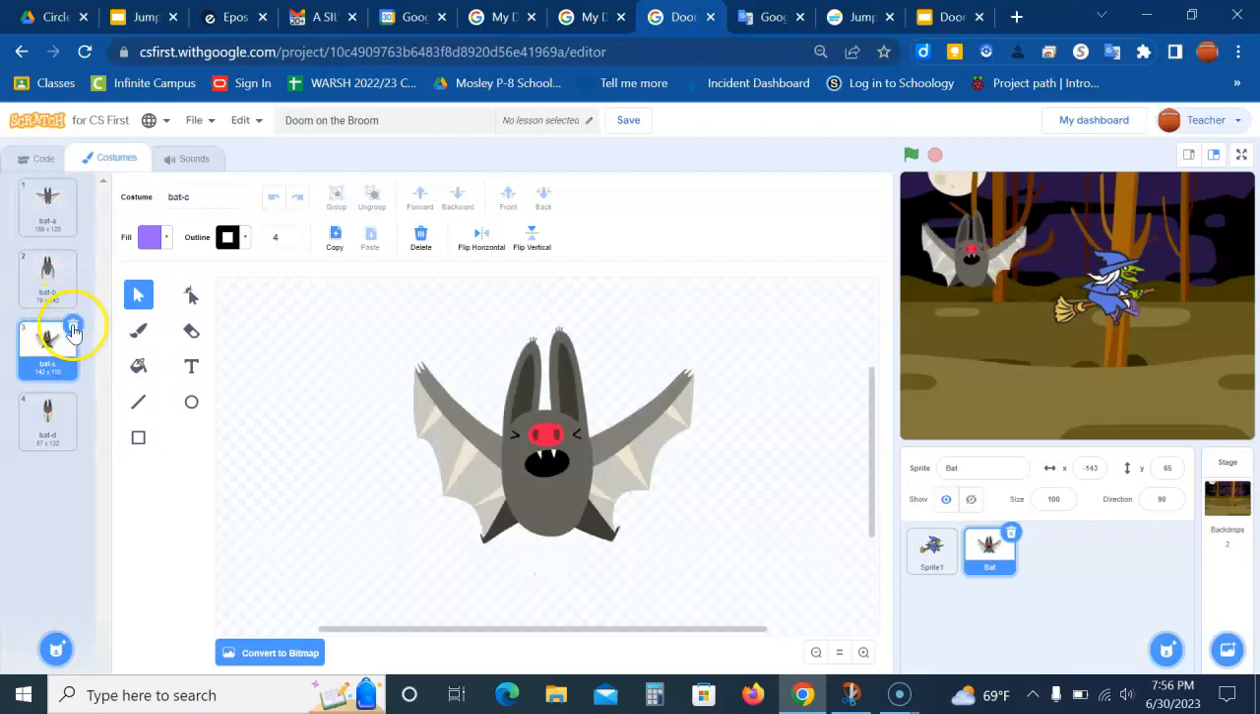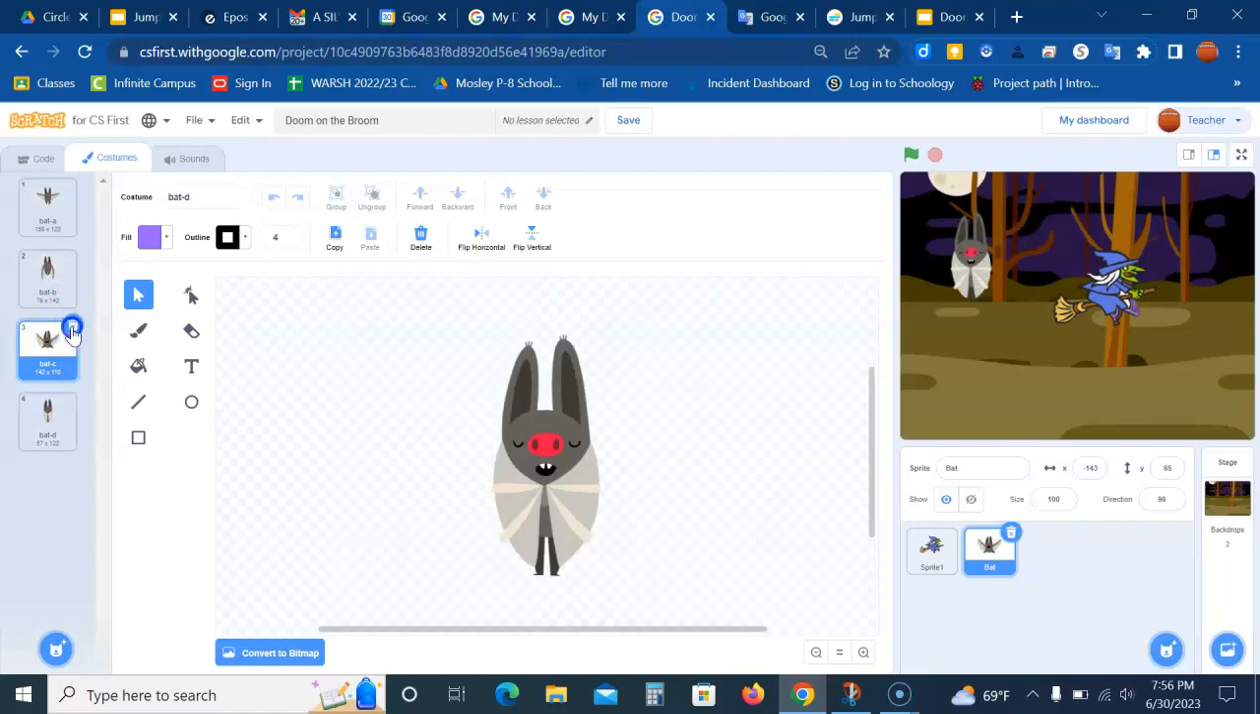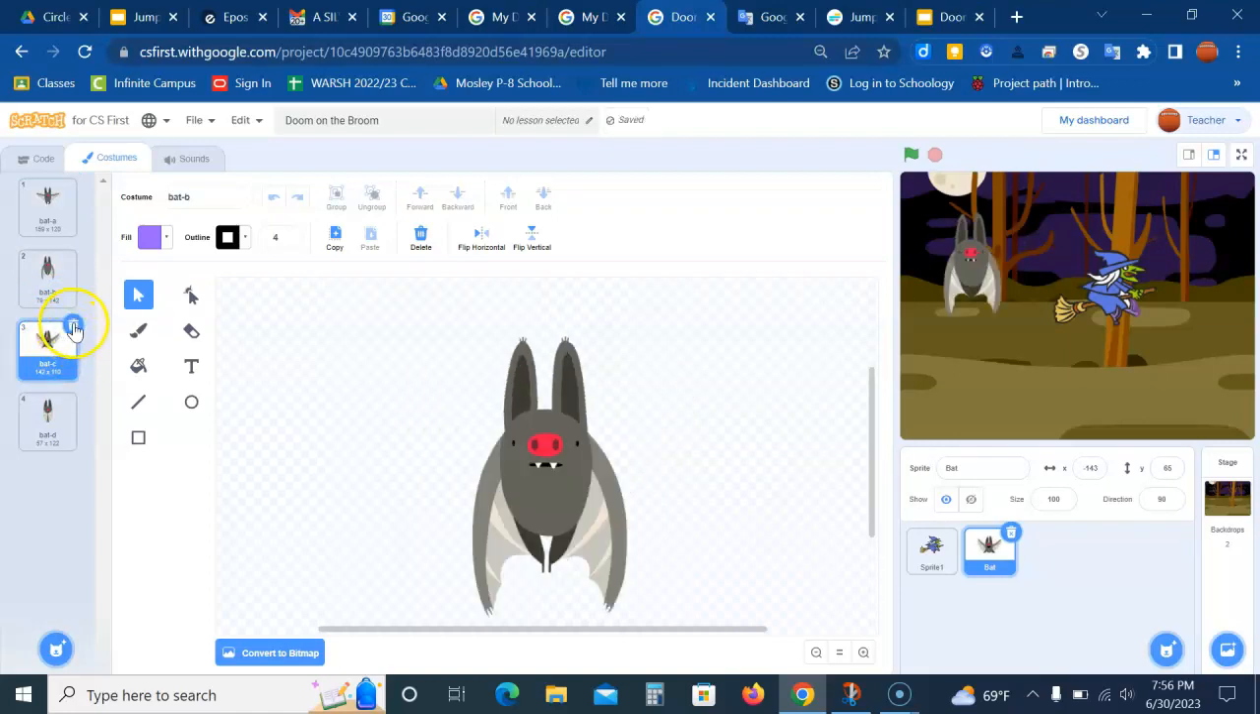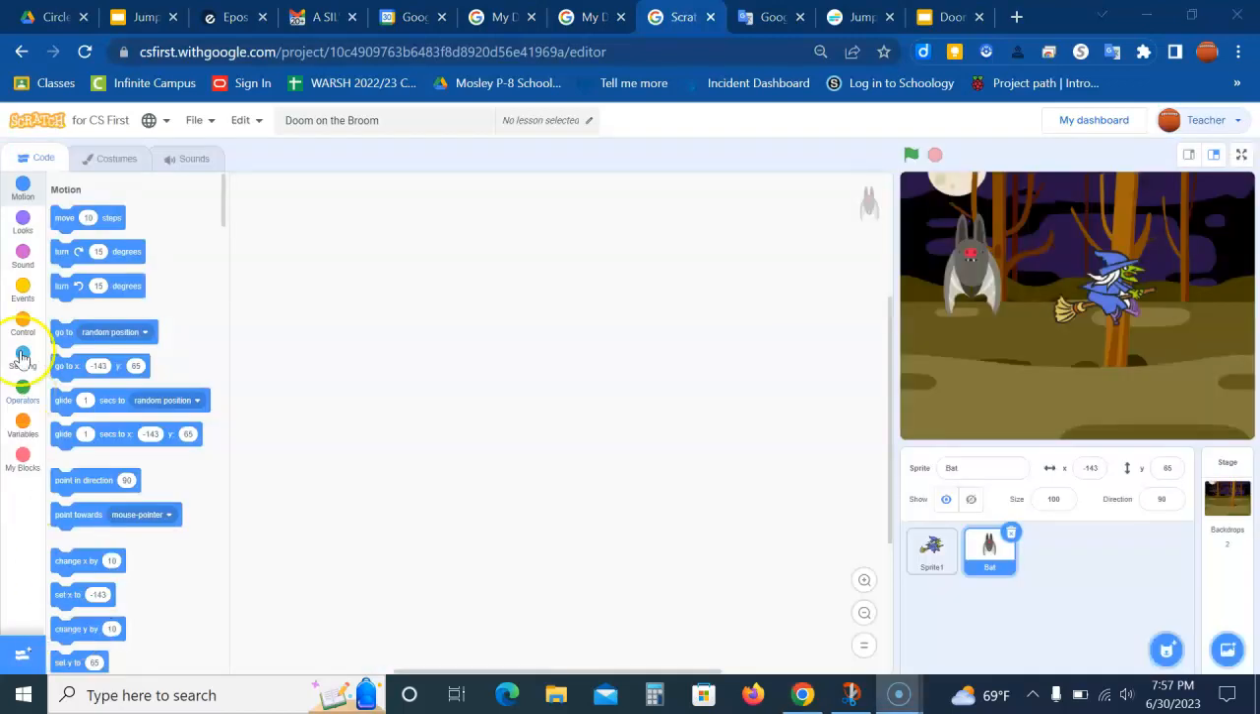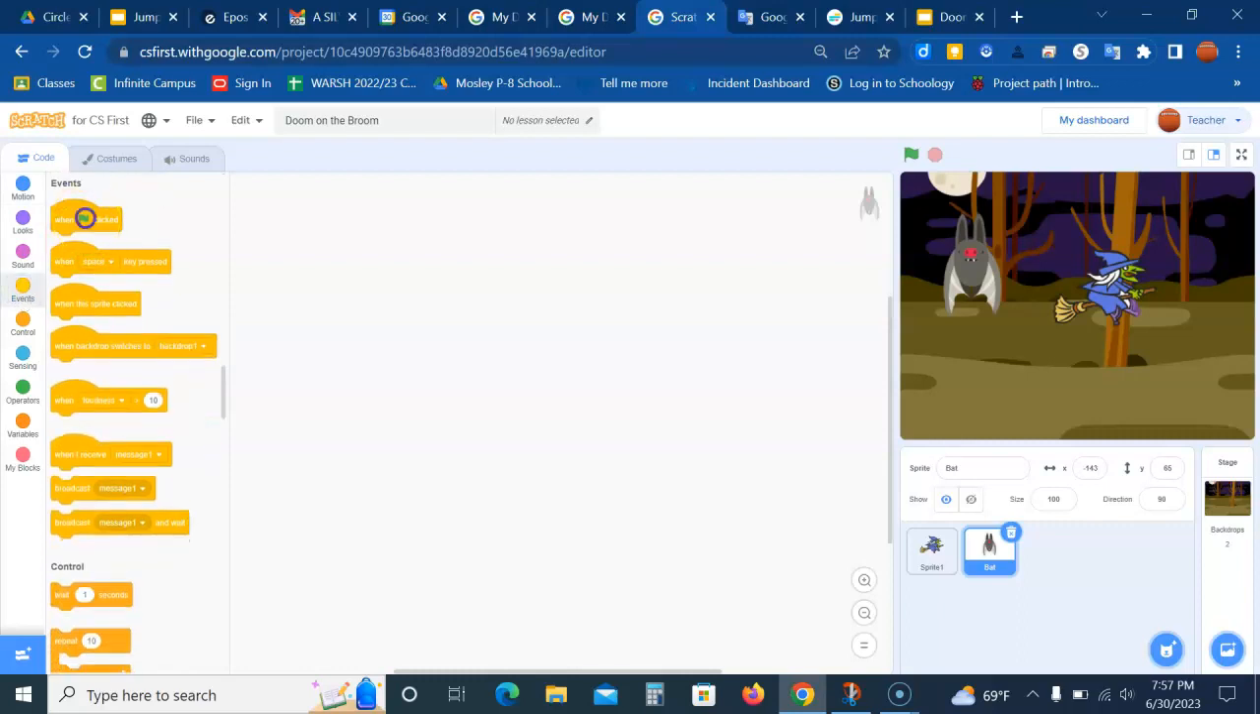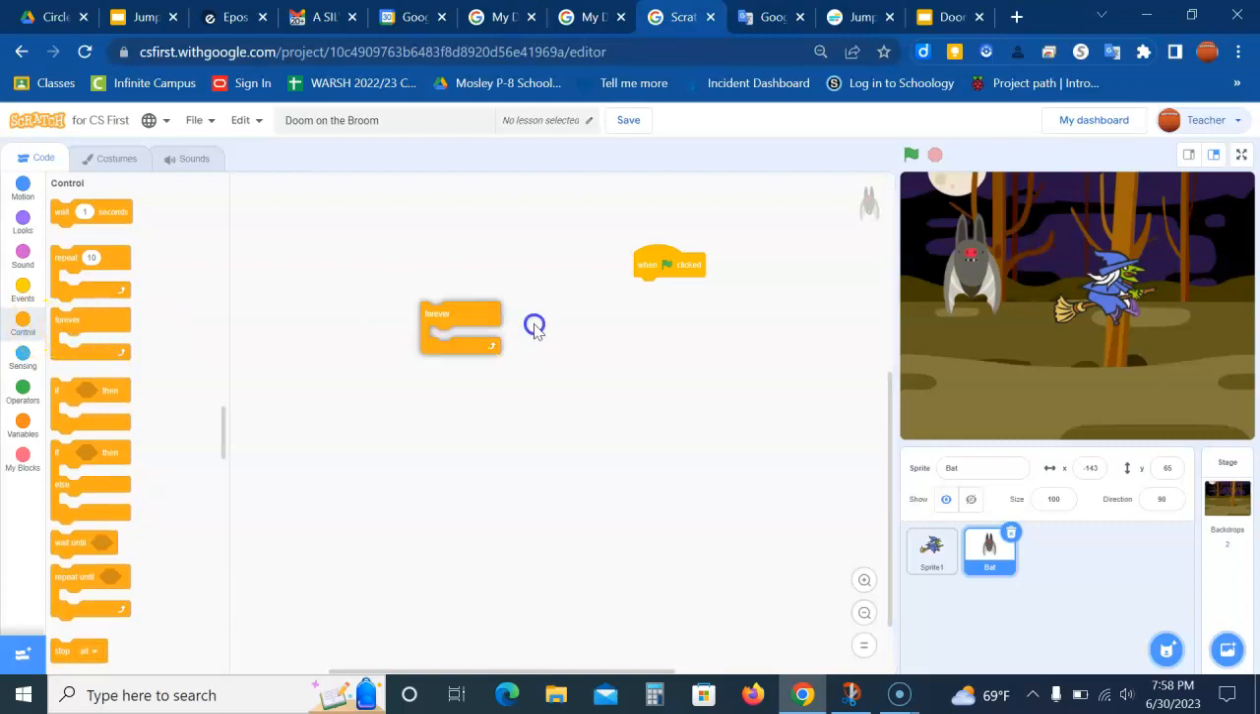So I'll click on Bat C, garbage can to get rid of it. Click on Bat D, garbage can to get rid of it. So we want to add the code to make the bat wings move. So I'll make sure I'm on my bat sprite, and I will go to code. So of course I need an event, and remember you're always going to use the same event. So if you use something other than when the green flag is clicked, make sure you're consistent. We want this to happen for the whole game, so I'll go to control and forever, notice the same pattern,